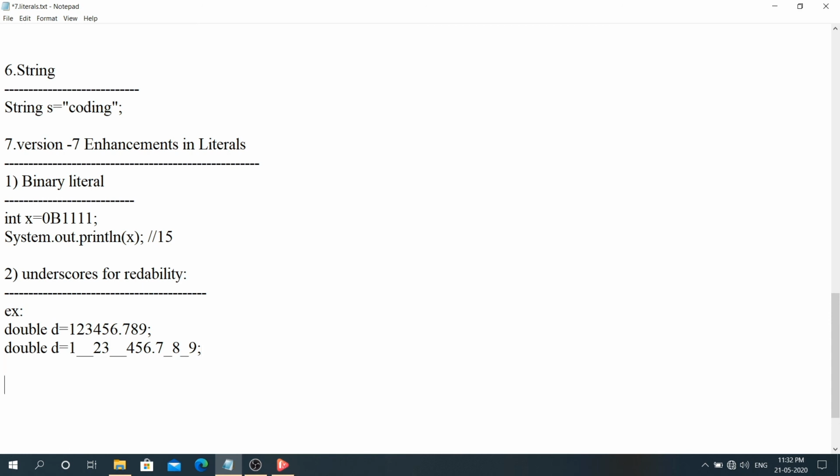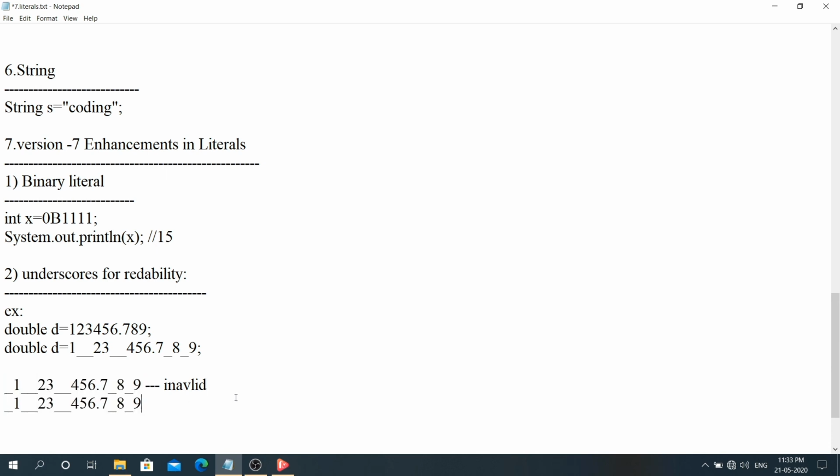And there are some cases where you may misuse the underscores. This may lead to compile time errors. You should not put the underscore at the starting. What is the use of putting an underscore at the starting? Nothing. If we put an underscore at the start, this is going to be invalid. And if you put an underscore at the last, then also there will be no use.